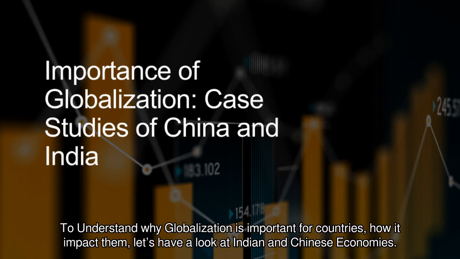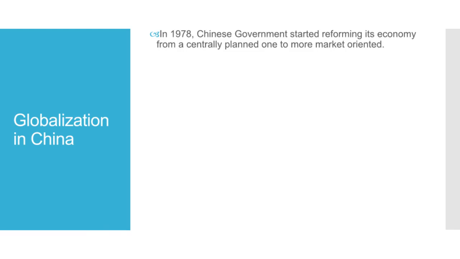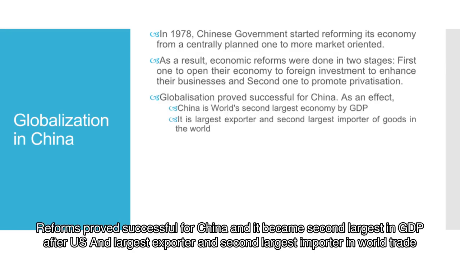To understand why globalization is important for countries and how it impacts them, let's have a look at the Indian and Chinese economies. In the late 1980s, China started opening up its economy and adopted reforms in two stages. First, focused on fetching foreign investment, and second, to promote privatization of its different sectors. Reforms proved successful for China and it became second largest in GDP after the US and largest exporter and second largest